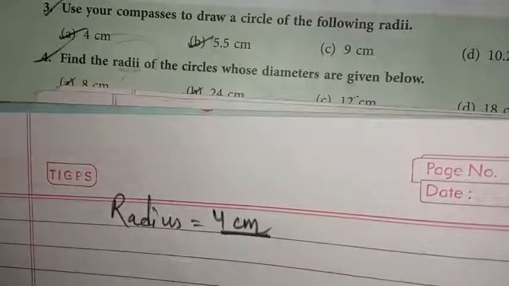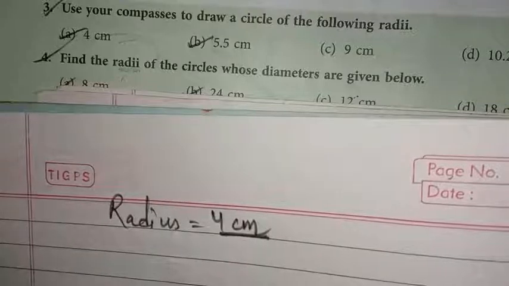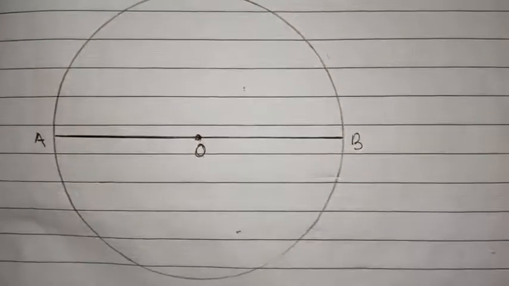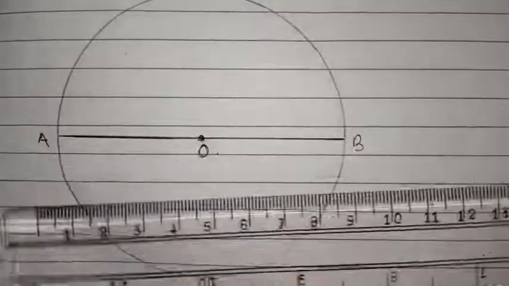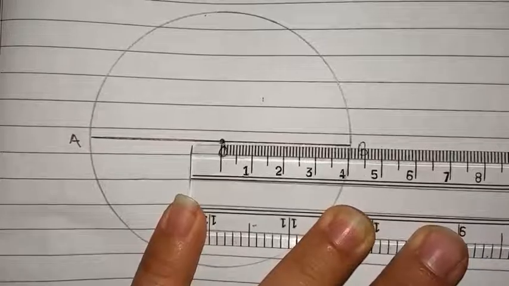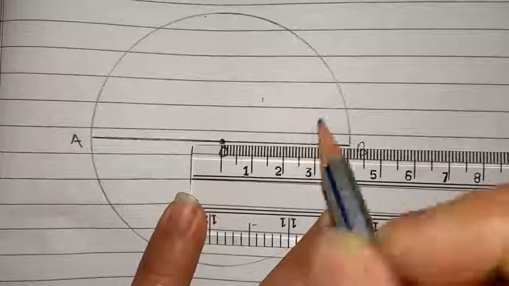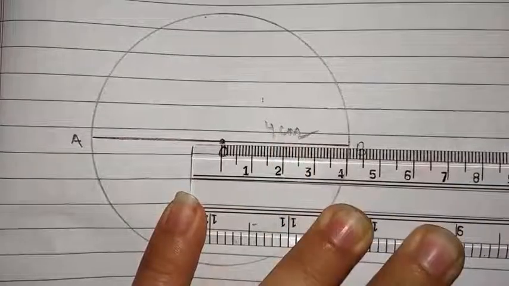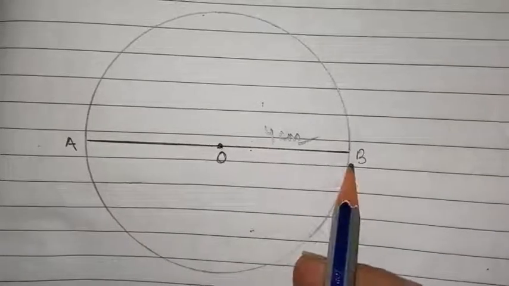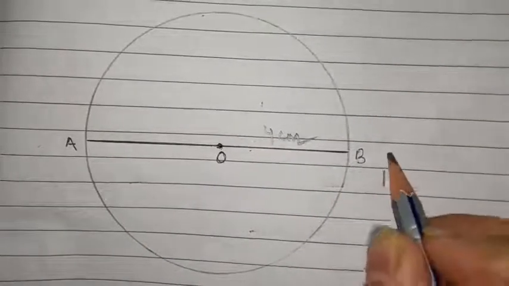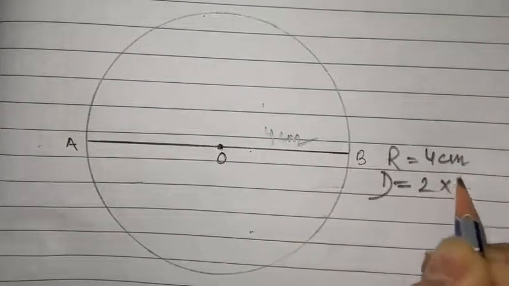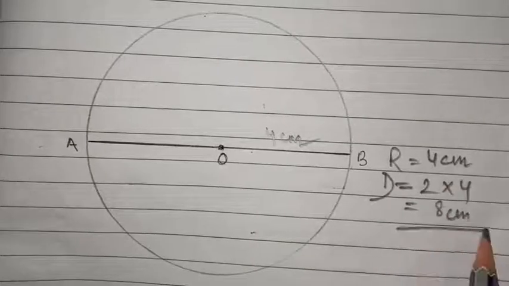Okay, so 4 centimeter I have already made in the introduction video. So this was 4 centimeter radius, so I will help you to see whether it is 4 or not. Let's check it out. Yes, this is exactly 4 centimeters. Just check it. Yes, so the first answer will be of 4 centimeter radius, right? And I have given the name also. OB is the radius here and AB is the diameter. If suppose you have to find the diameter, what you'll do? If suppose radius is 4 centimeter, what will be the D? It will be 2 into 4. That is 8 centimeter. Okay, I hope you have understood it.